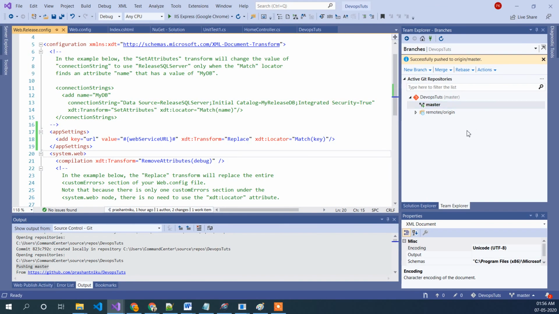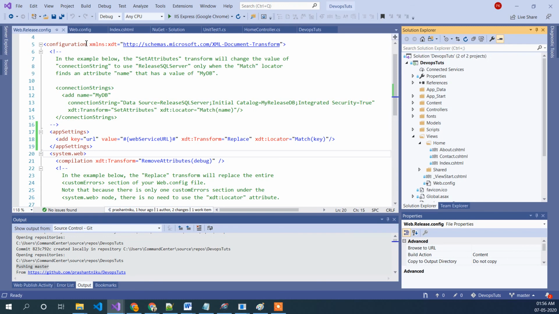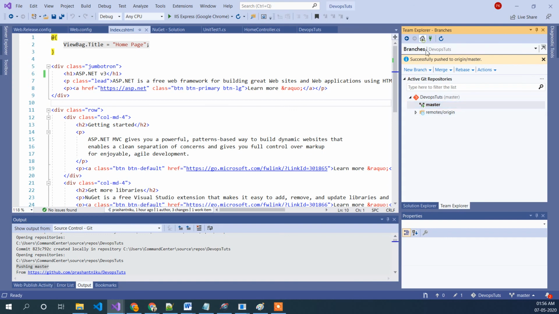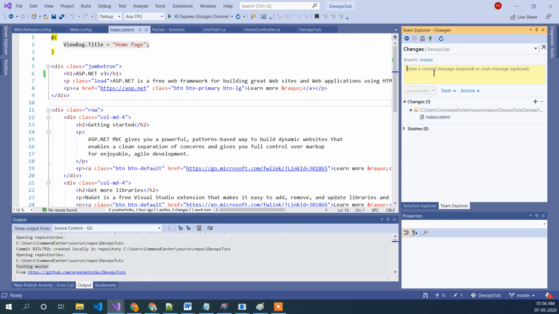Just for the sake that we have changed something, I will do v3 on it, and go to Team Explorer, Home, Changes, commit v3, maybe ab hash 45, did some changes, and commit.